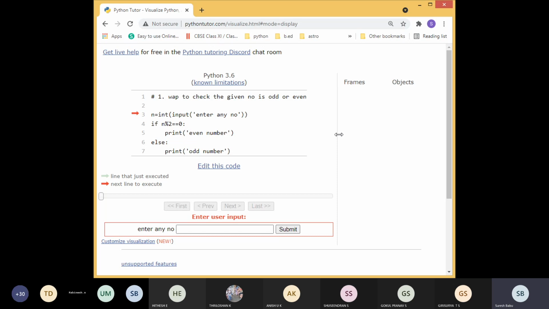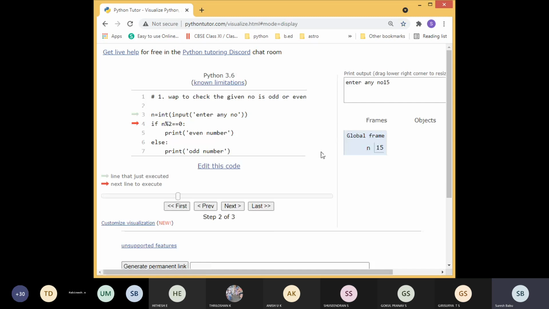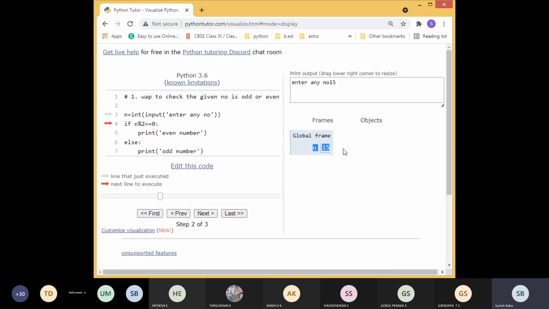Now I am going to check with the input. First I am going to check with 15, the input value 15. See, n is 15. So it checks in the fourth line. You see here the control flow. Now it is in the fourth line. It checks and the condition is false.